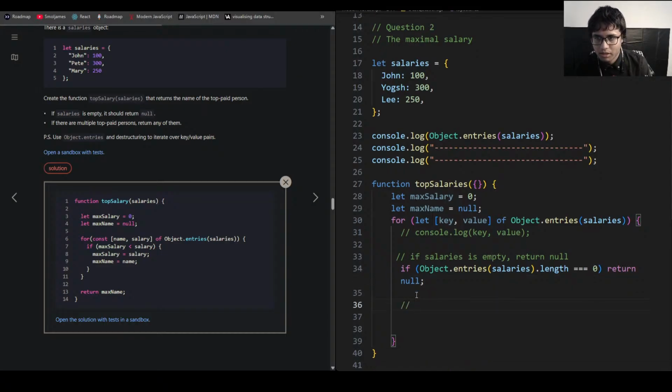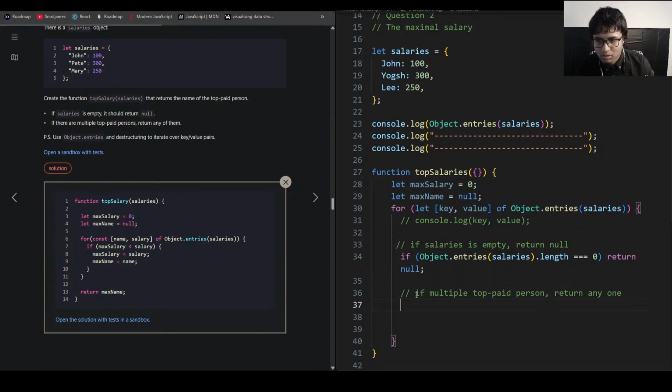And if multiple top paid persons, return any one. Okay, so